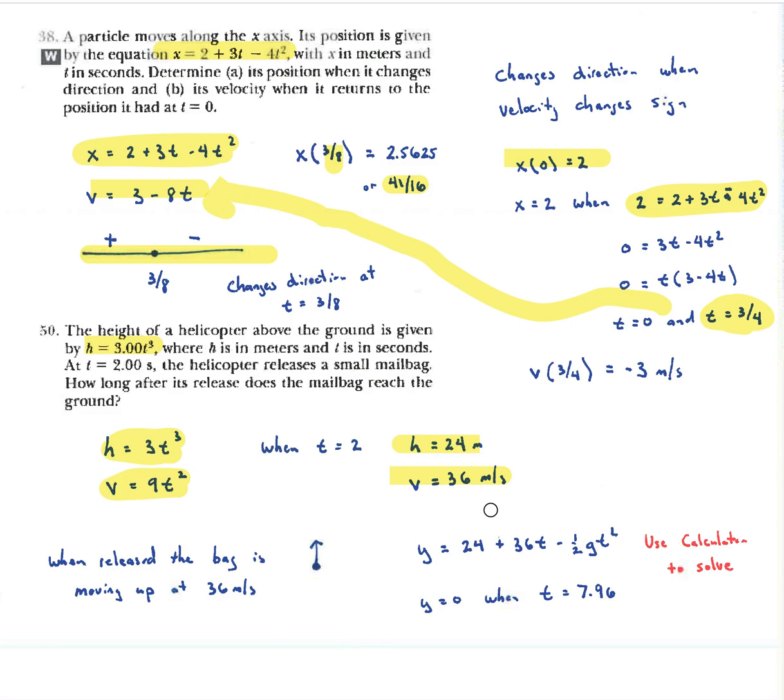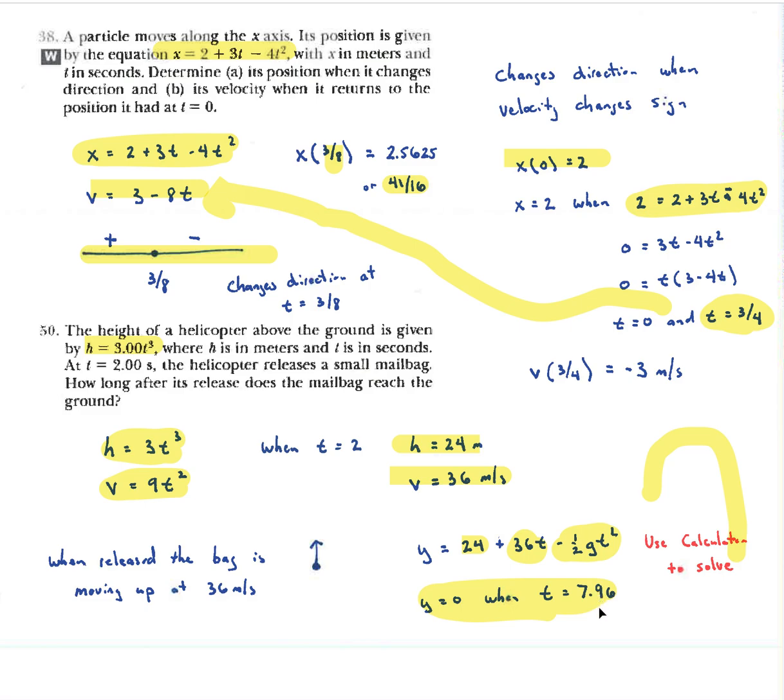And so we know that the mailbag is currently 24 meters in the air, moving at 36 meters per second up, and now it's going to be under the influence of gravity because you've dropped it, so it's no longer in the helicopter. So we're going to put a -1/2 gt squared, where g is the acceleration of gravity, specifically 9.8 meters per second squared. And all we want to do is figure out how long it takes to reach the ground. We want it to hit the ground, so all we want to do is make y equal to 0. And so we just graph this on our calculator, and it's going to go up and down. And when it crashes down, it's at a y value of 0,